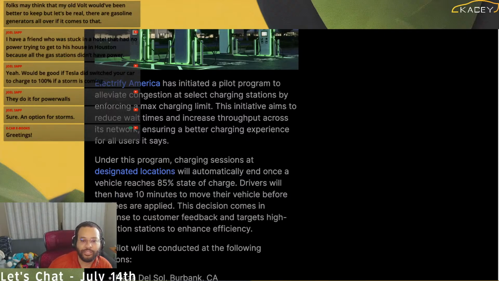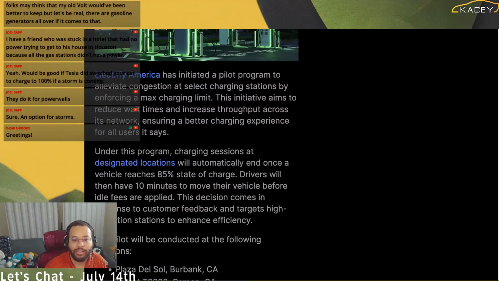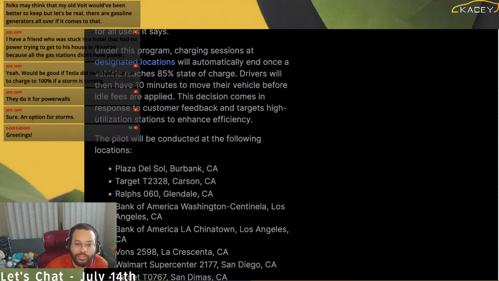Under this program, charging sessions at designated locations will automatically end once the vehicle reaches 85% state of charge. Drivers will then have 10 minutes to move their vehicle before idle fees are applied. This decision comes in response to customer feedback and targets high utilization stations to enhance efficiency. The pilot will be conducted at the following stations: Plaza de Sol, Target T2328 in Carson,